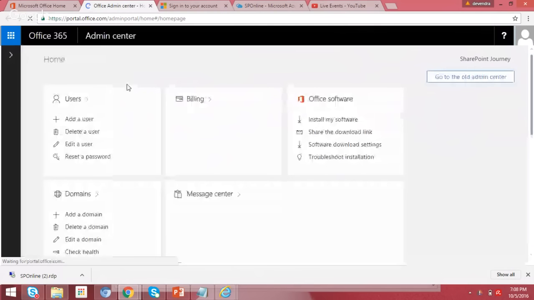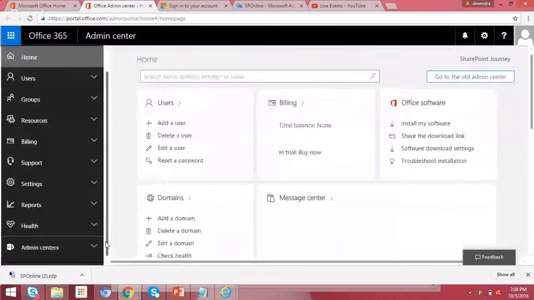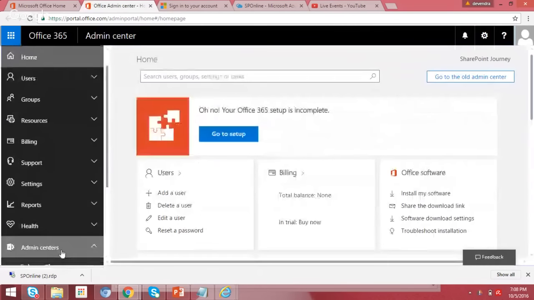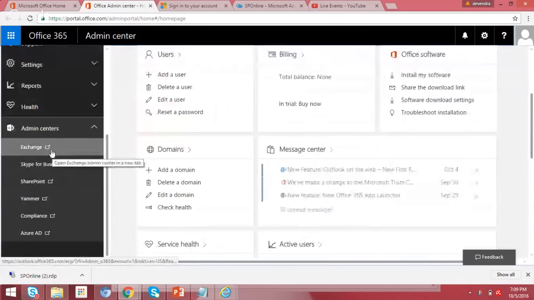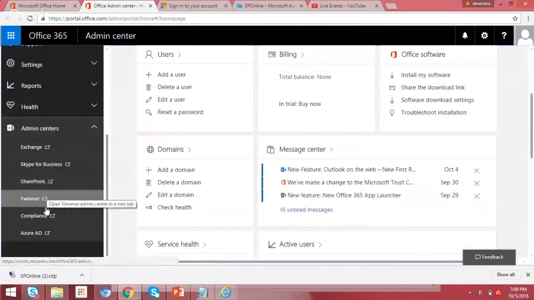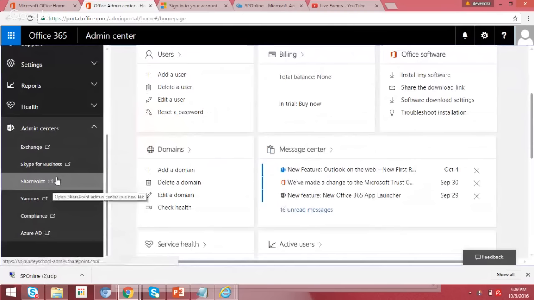So if I go here, once after setting up the Office 365 tenant within the admin center, okay, let me scroll down further. So you see a lot of other options where Exchange, SharePoint, Azure AD. So some of you are asking what is Office 365 and what is SharePoint Online. So Office 365 is like a complete package where you get all these things, not just the SharePoint. Because when you are a SharePoint developer, you always think that,